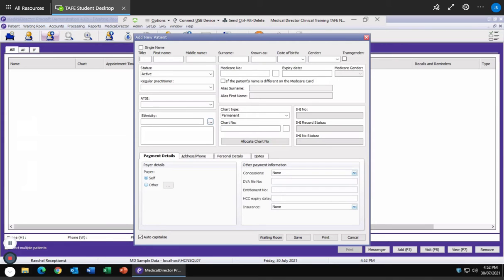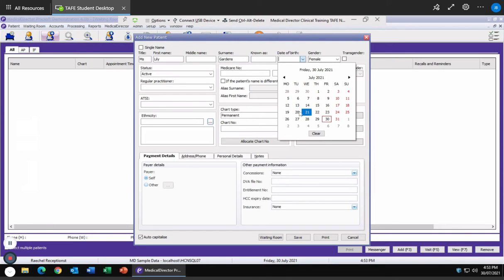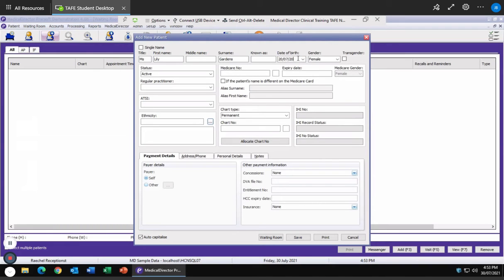The details I'm using today are completely fictional. They're made up. I'm going to leave their status as active and they don't have a regular practitioner. I'm going to put in the Medicare number,